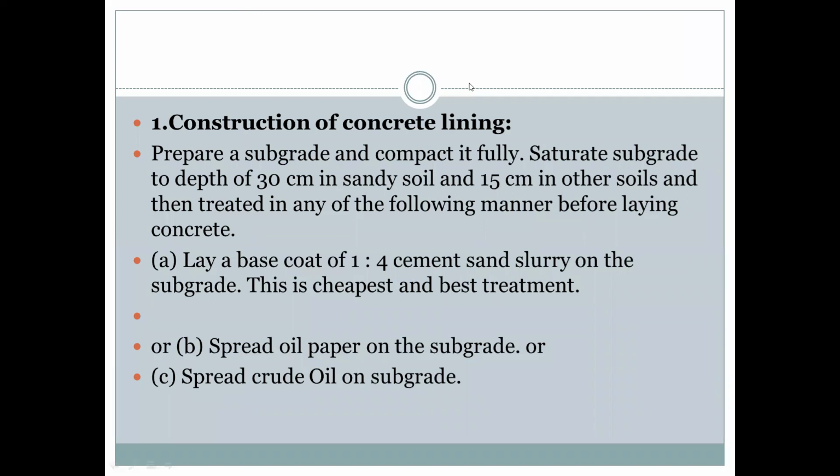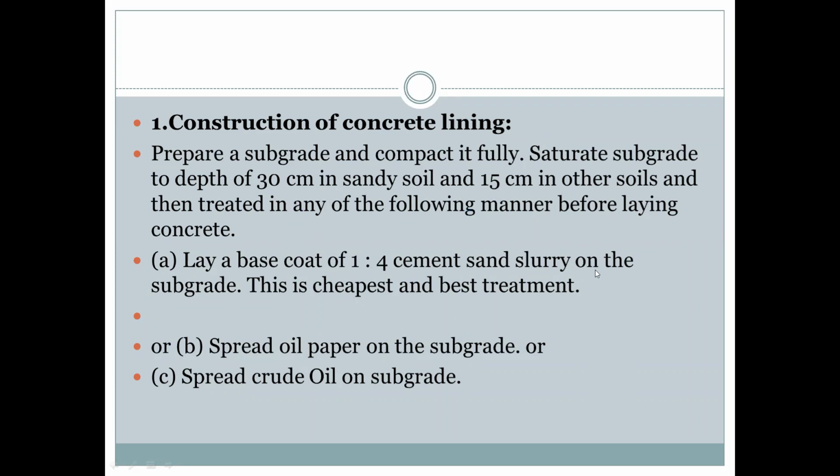The construction of the concrete lining. First, the subgrade is prepared and compacted properly to a depth of 30 centimeter in sandy soil and 15 centimeter in other types of soil. The subgrade is prepared by laying the base coat